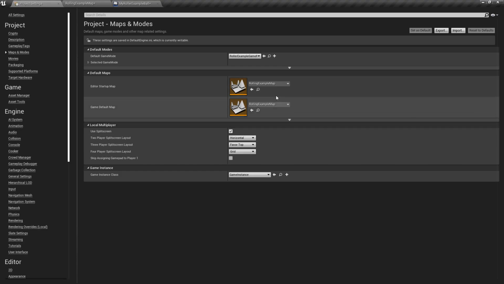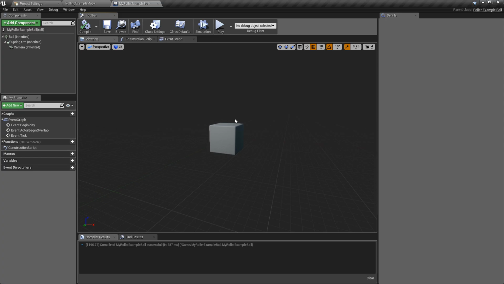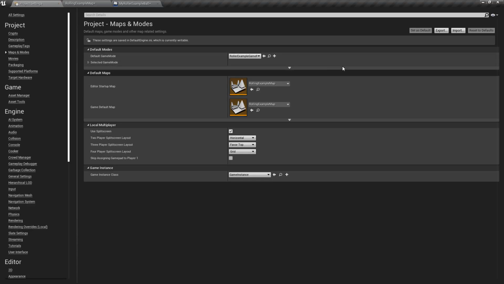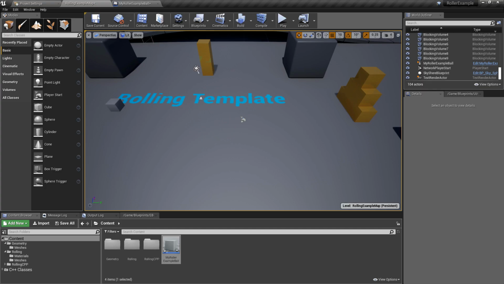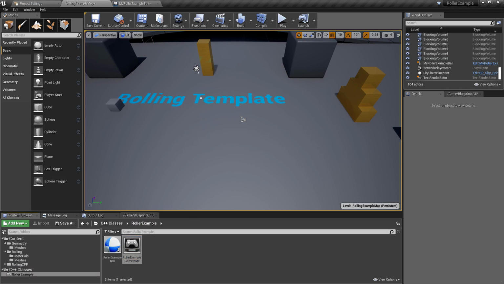And just to really hit home on this, I was thinking of quickly showing the new pawn being used, the one where we've created a cube, though it doesn't really make any difference. But I was going to quickly come into the game mode and change the default class which is being controlled, and that would have allowed us to use the new blueprint version. But of course this is done in C++ entirely, so we'd need to go to the game mode again, and I'm guessing,